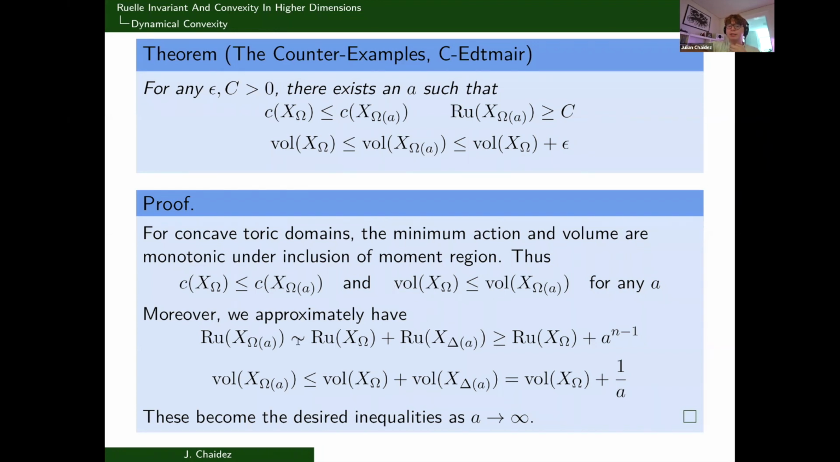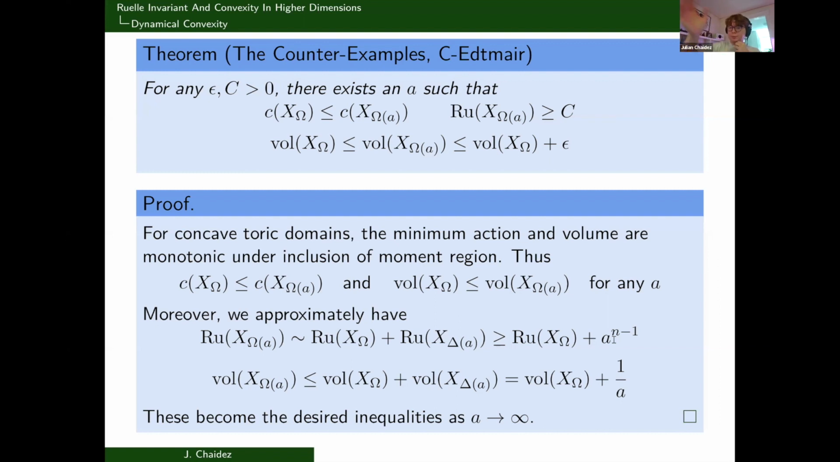And then the second thing is that the Ruelle invariant of the modified domain omega A is roughly the Ruelle invariant of the original domain plus the Ruelle invariant of the ellipsoid. This is something you have to calculate, that they're basically the same up to some small error. And then the Ruelle invariant of the first domain is just some number, and the Ruelle invariant of the skinny ellipsoid, as we noted earlier, is some function that diverges with A. So as A goes to infinity,